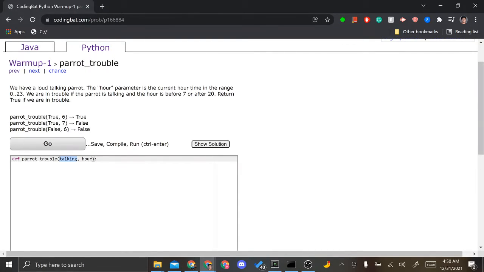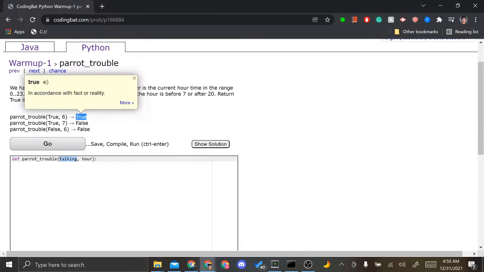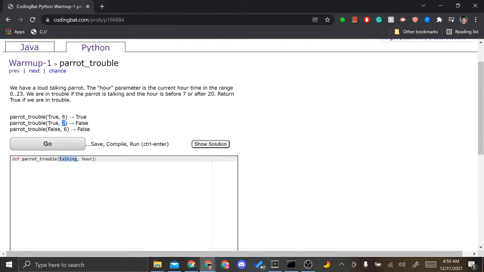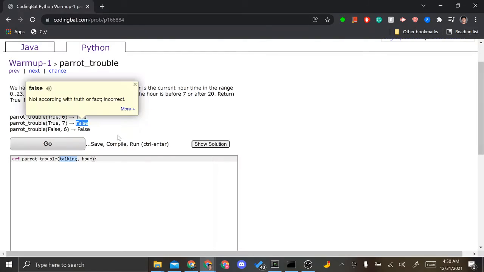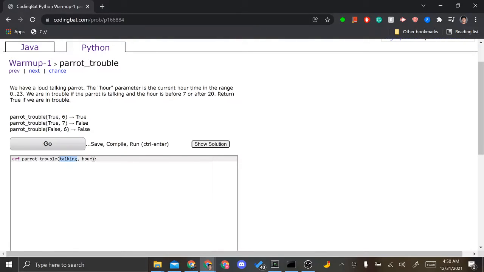It's saying if talking is true and the hour is 6, so notice this is less than 7, then we return true. Notice that this is at 7, so since it's not before 7, right? It's not less than or equal to, it's less than 7. That's the condition we're looking for. So that should be false. And another thing is false 6. This returns false.